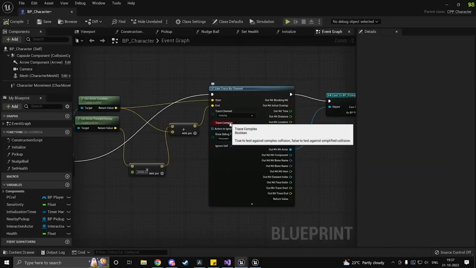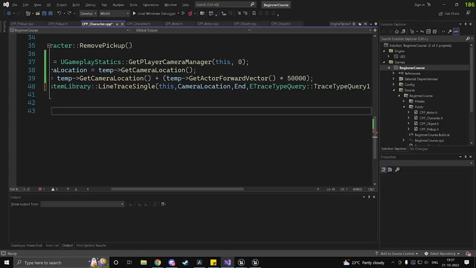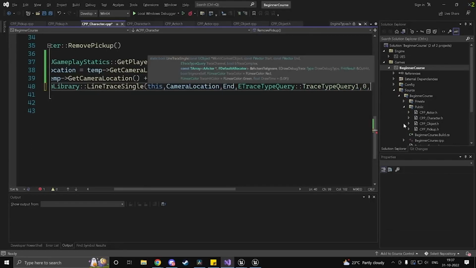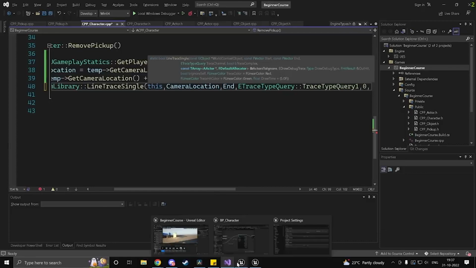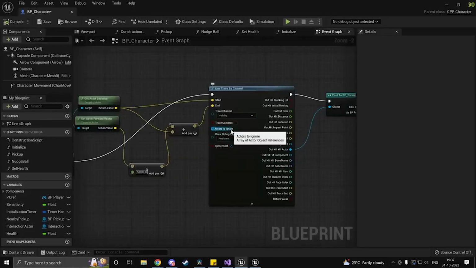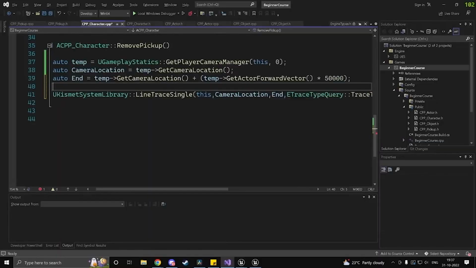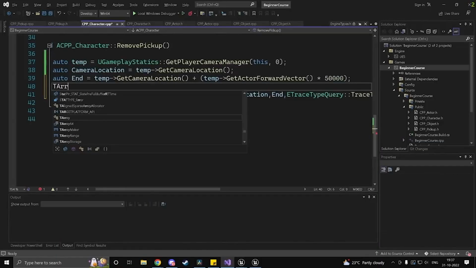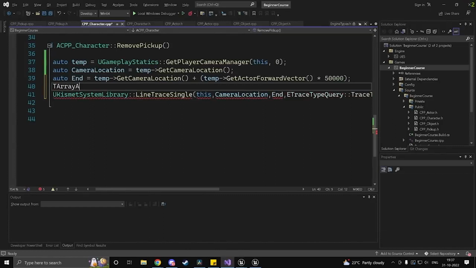And then if we take a look, we have a boolean for trace complex. We don't really want to trace for complex collisions here, so let's just do 0, or that is false. And over here we have a parameter which we actually don't need, and we also have a few more, I guess. We'll just use the ones which we absolutely need. So actors to ignore, we can just create an empty array and we can just pass that in. So TArray<AActor*>,